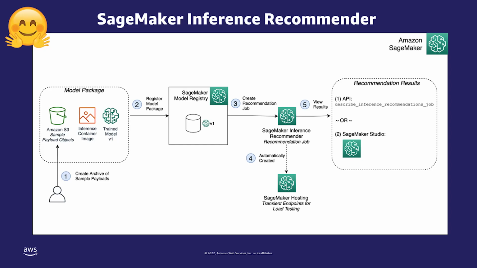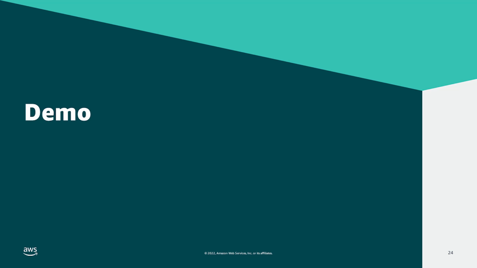On each of the Inference Recommender jobs, the results come back into Studio, and then in Studio, we have a little wizard. You can select if you care about latency, or if you care about cost, or if you care about throughput, and then we'll surface which instance is best for your preferences. So that's the Inference Recommender, and it's fully supported with Hugging Face. And with that, let's take a look at the demo.